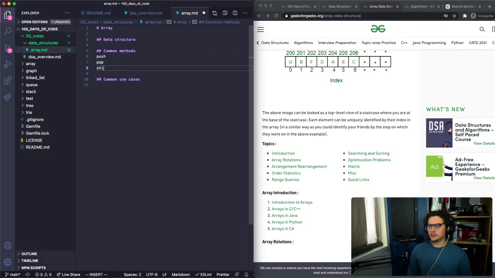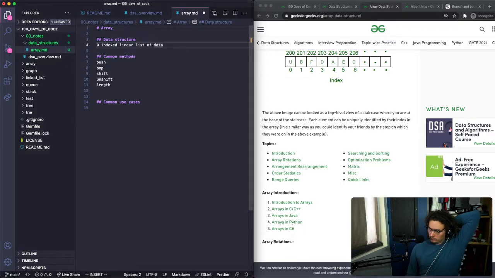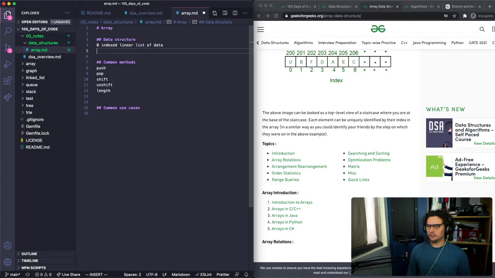Push, pop, shift, unshift. Zero index linear list of data. I think that makes sense and is appropriately vague.